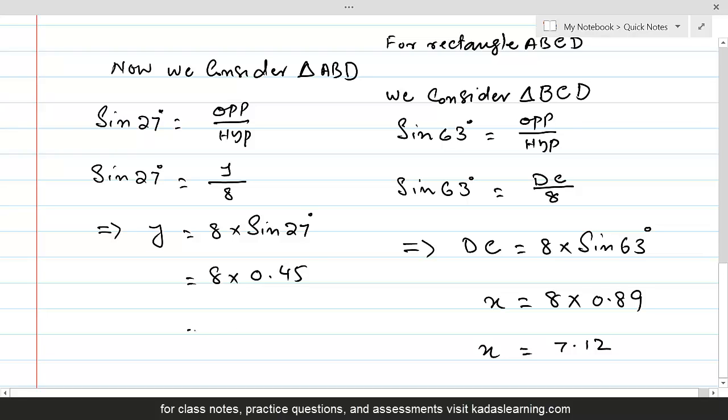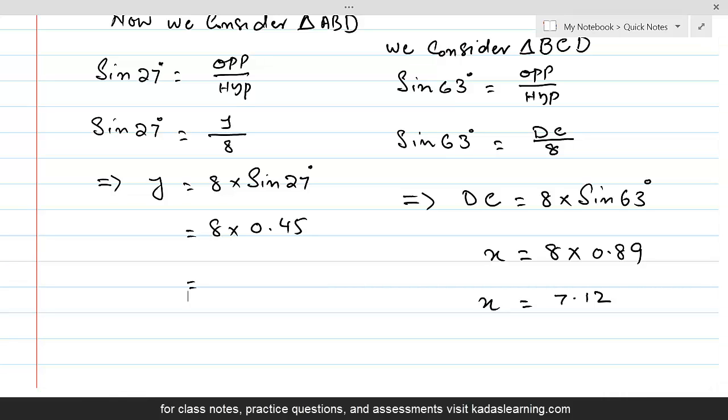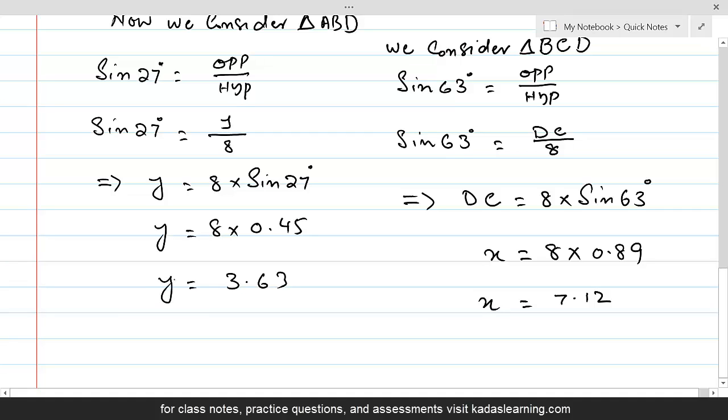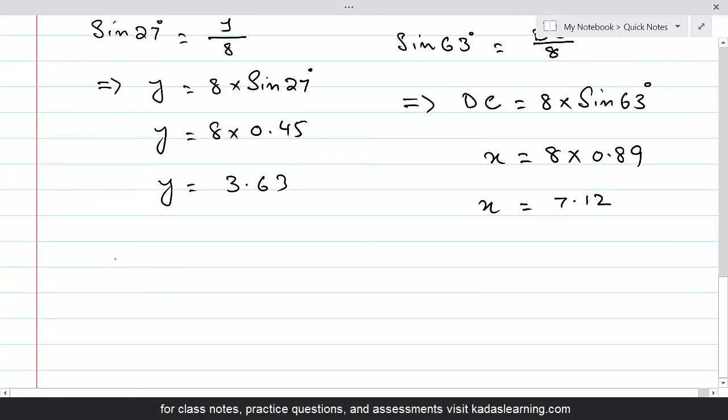Make sure your calculator is in the degree mode, and when 0.45 is multiplied by 8, this gives us 3.63. So this Y is the width of the rectangle and X was the length of the rectangle, and now we can find the perimeter. The perimeter of rectangle ABCD is equal to